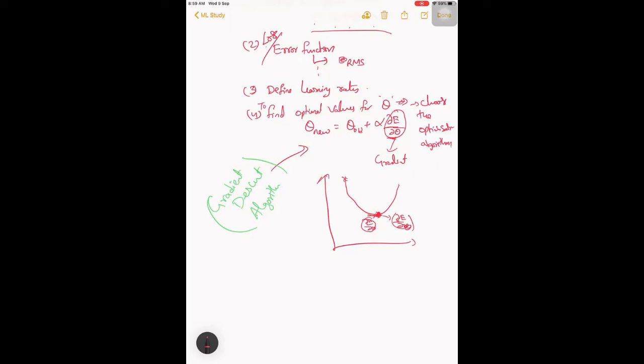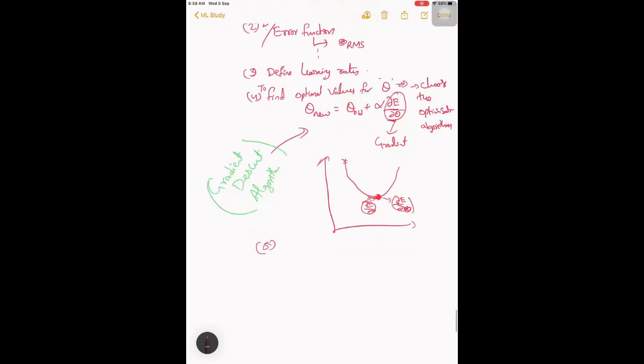Once you have it, now we got the relation between x and y: y equal to theta naught plus theta 1 x, where these are optimal values.